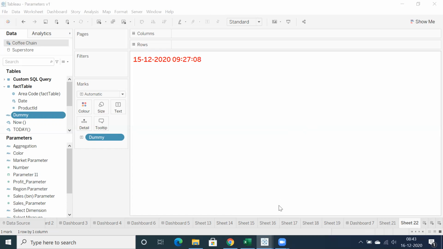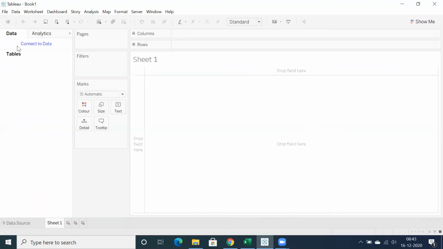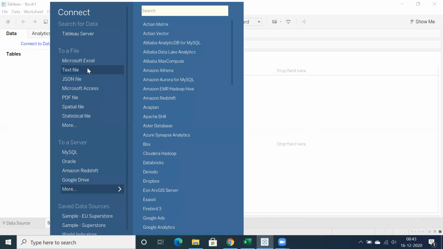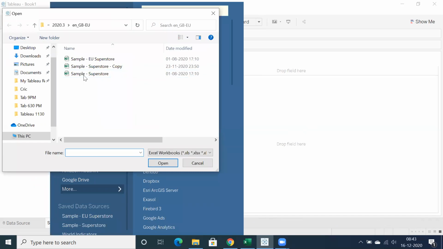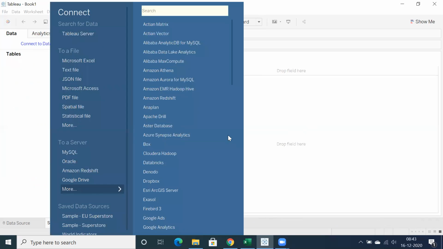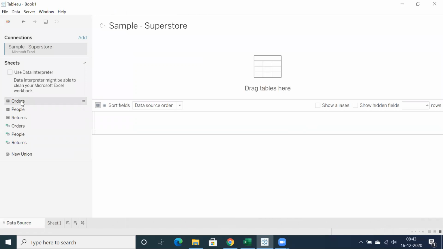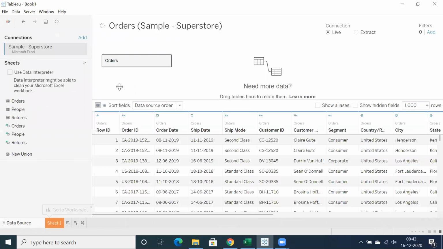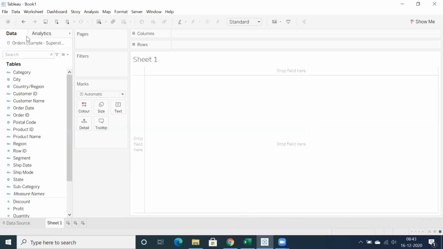So let me come back to a new sheet. Okay. One of the requirements for which I explained that particular concept is that we don't usually concentrate on what is available in the title.